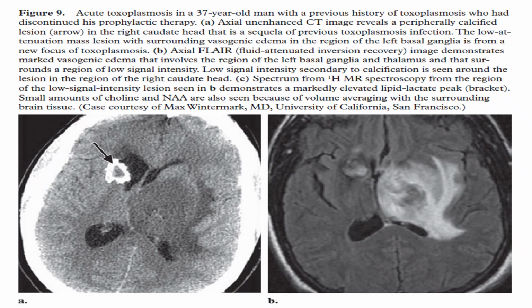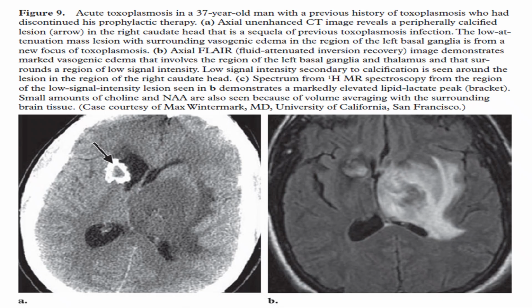Here we can see acute toxoplasmosis in a 37-year-old man with a previous history of toxoplasmosis who had discontinued his prophylactic therapy. First image, axial enhanced CT image revealing a peripherally calcified lesion in the right caudate head that is sequelae of previous toxoplasma infection. The low attenuation mass lesion with surrounding vasogenic edema in the region of the left basal ganglia is from a new